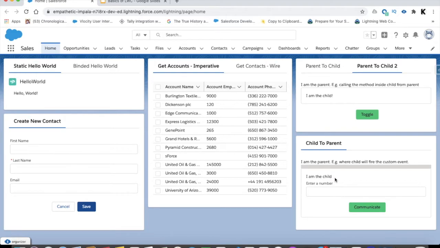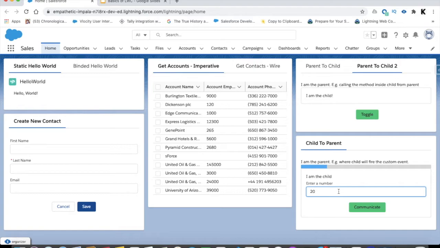Everything is in the child component. If I enter 20 and hit communicate, you can see that from the child component, when we click the button, it fired an event which is listened to by the parent component, and hence it is reflected in this progress bar. This is how we can do child to parent communication.